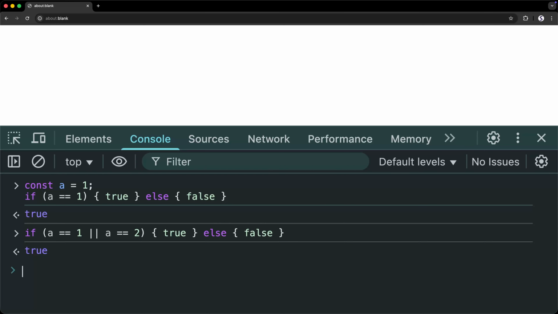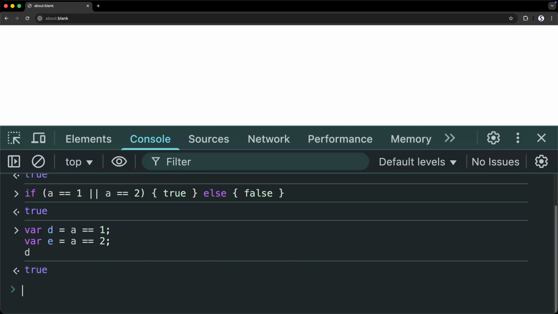2 bars means OR. Notice what is happening here. True and false are special values known as Boolean values. A Boolean is a value that can only be either true or false. Think of it as a light switch that allows you only to turn the light on or off. We can store these values in a variable. For example, if we check the value of d, it will be true. We can now write the same statement as before, but in a different way.